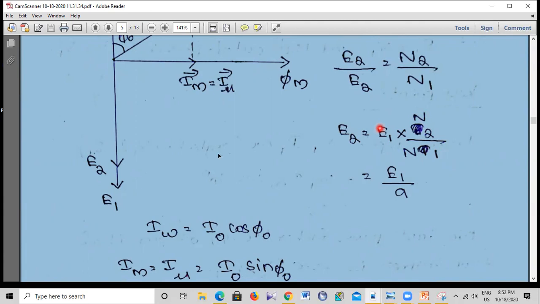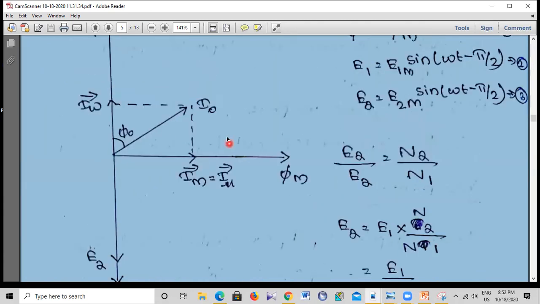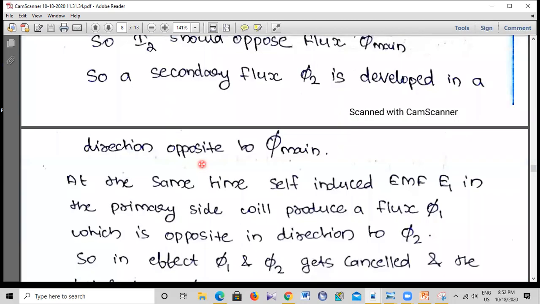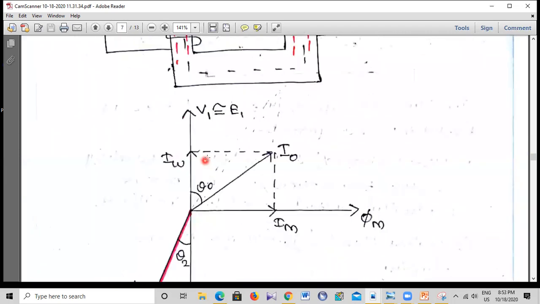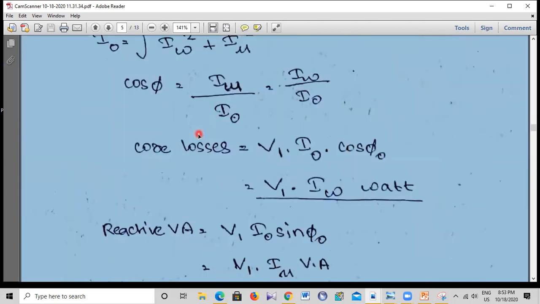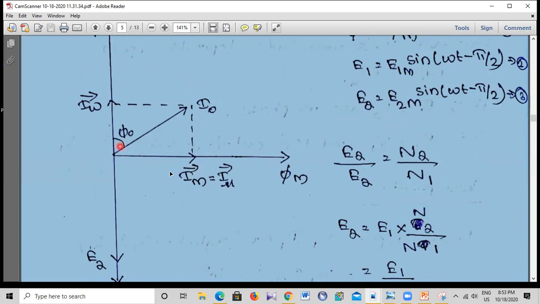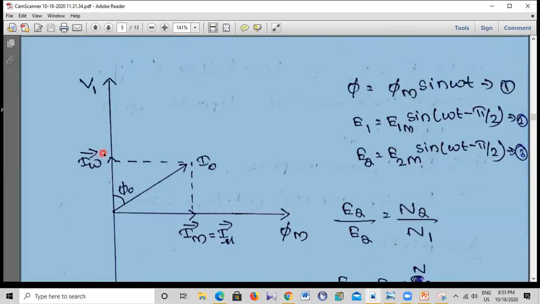Okay. So in the previous case we saw that the no load current I naught has two components, I mu and Iw. Okay. So I mu is the reactive component, and it is just used for magnetization, that is creating the flux. And Iw will be perpendicular to that because we are resolving I naught, and that is the useful component or the wattful component. Okay, and that will be in phase with the supply voltage V1.